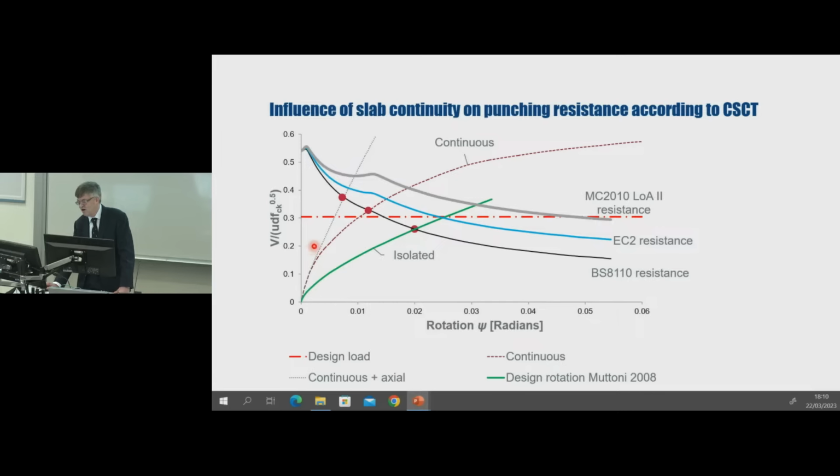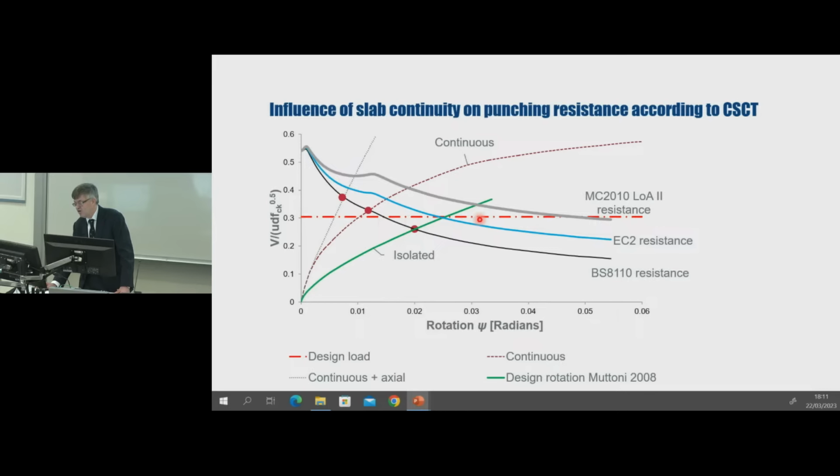Also shown in the figure are these load rotation curves. So the failure load is given by the intersection of the load rotation and the resistance rotation curves. First of all, we have the green curve, which corresponds to the rotation of the isolated panel, similar to that which we test in a laboratory. And then these two curves here represent the response of the continuous slab. The lower of the two curves is the slab just with rotational restraint at the edge. And then this one here is the slab with both rotational and in-plane restraint.